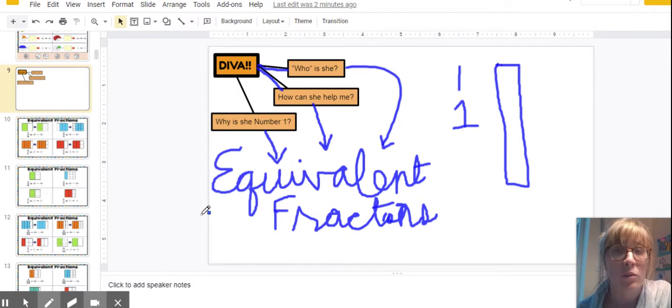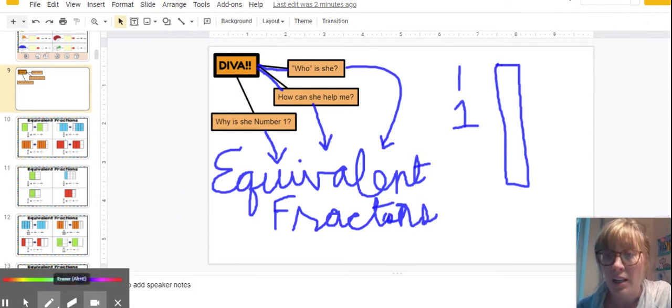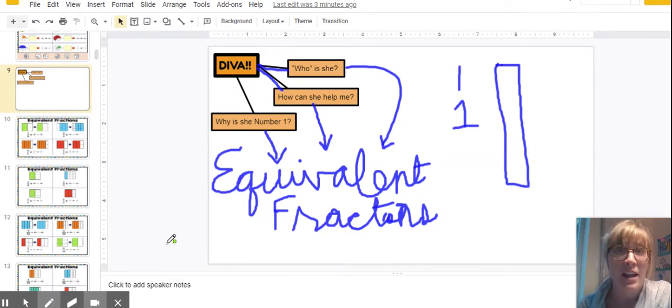And why is that important? Well, that's important because as you're creating equivalent fractions, an equivalent fraction, as we know, is a fraction that is the exact same value as a different fraction with a different look, right? And Diva's all about looks. She's all about changing the look of fractions. So if we start with a fraction, like say we have 3/5, okay,